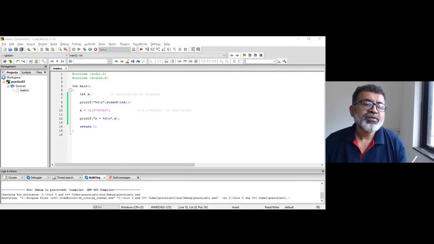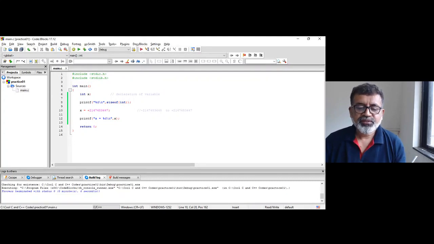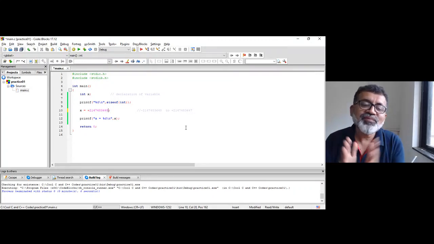Yes, it takes that number, 2147483647. So what does it mean if I write 8 here? Now this number is one more than the maximum limit of the range.